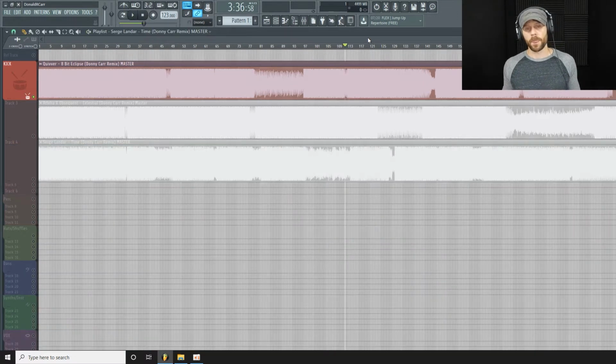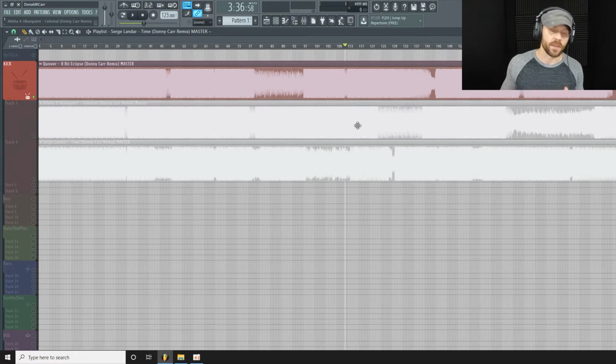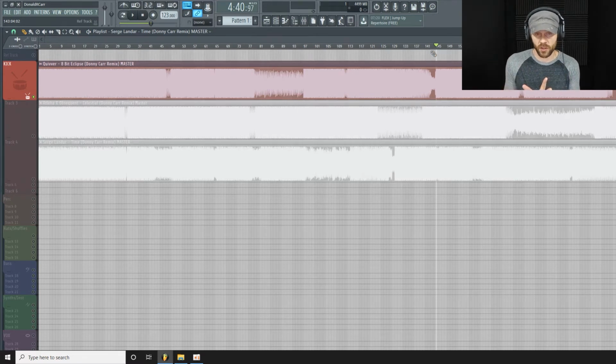So for this one, you might have noticed these deep synth hits in this area here, leading into the main little section of the track. And those deep synths only occur in that section. They kind of work to help lead into the last main section here. And they're not present anywhere else in the track. So that's a good technique, is to just use a melodic idea of some kind in only one section of the track. And that way, when it does play, it has more impact.